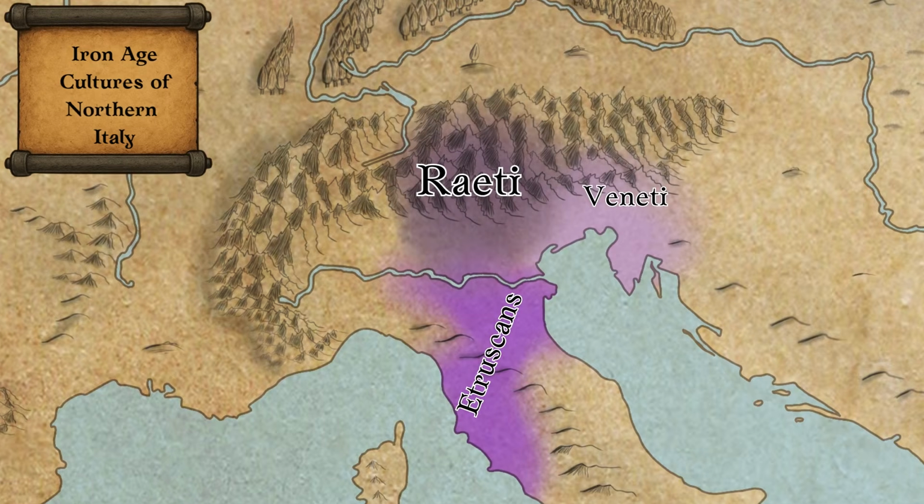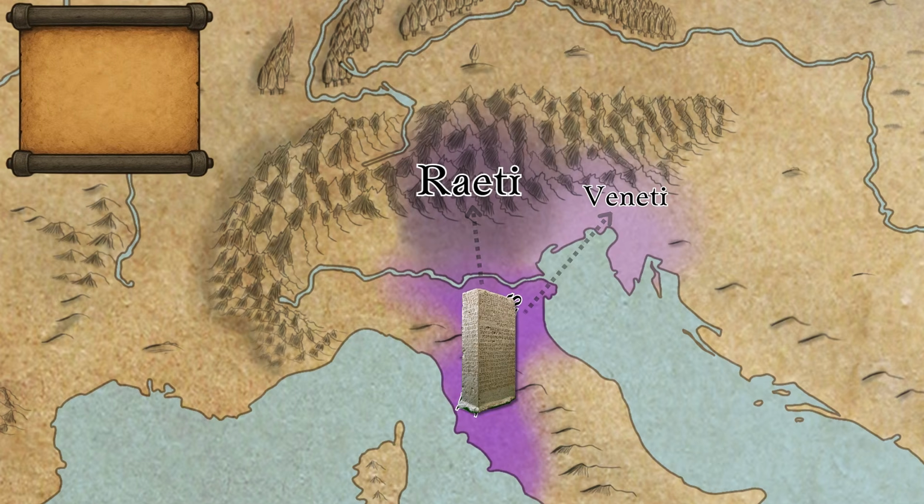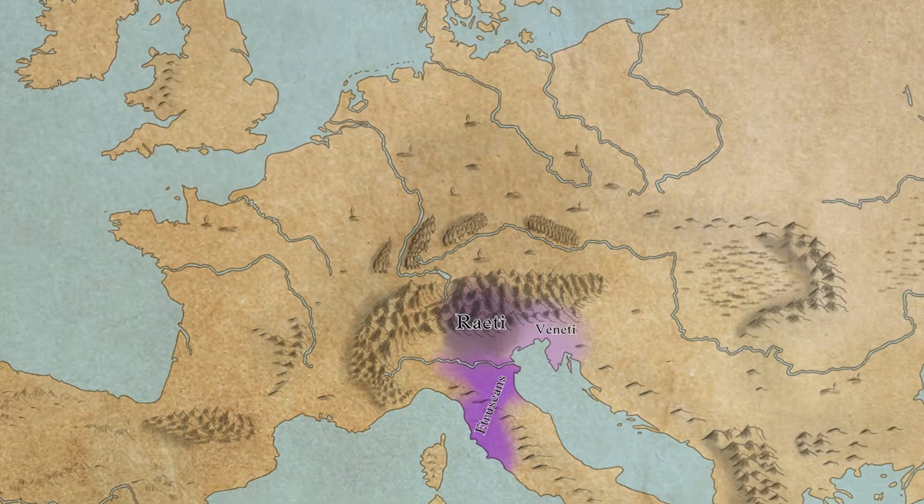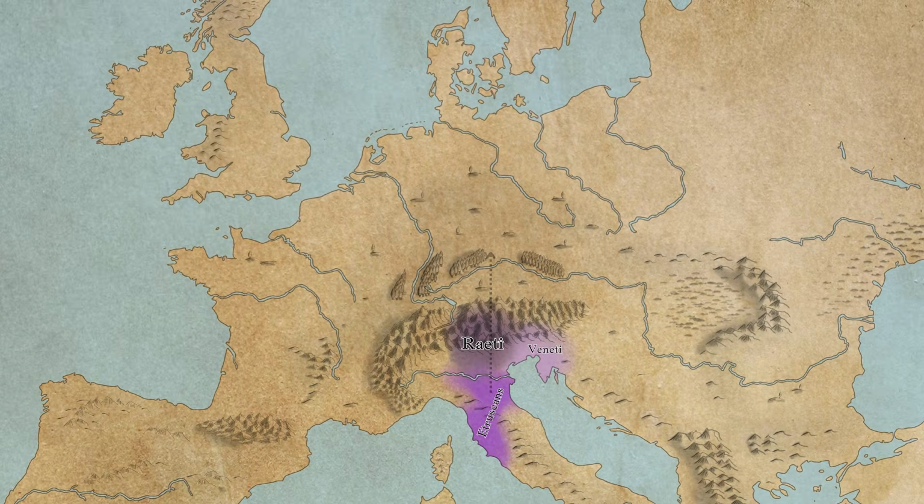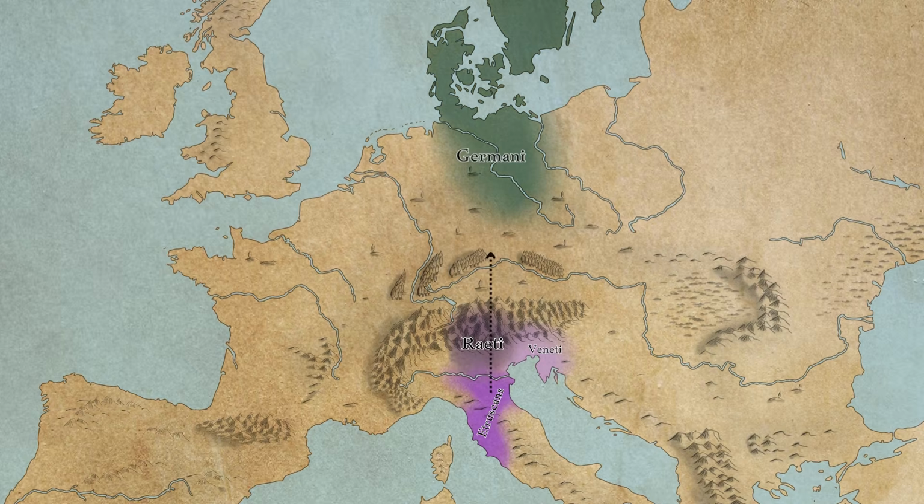The Etruscans were an early Italian civilization that were the preeminent power of northern and central Italy before the rise of the Roman Republic. They developed their own script based on the Greek alphabet, which was in turn copied by neighboring peoples under their influence, such as the Veneti and the Reti of northern Italy, with minor alterations giving rise to a number of so-called North Etruscan alphabets. Etruscan trade networks stretched far into Central Europe around the middle of the first millennium BC, so it is possible that they made contact with early speakers of Germanic languages, which may have even led to the transmission of writing from Italy to the north.